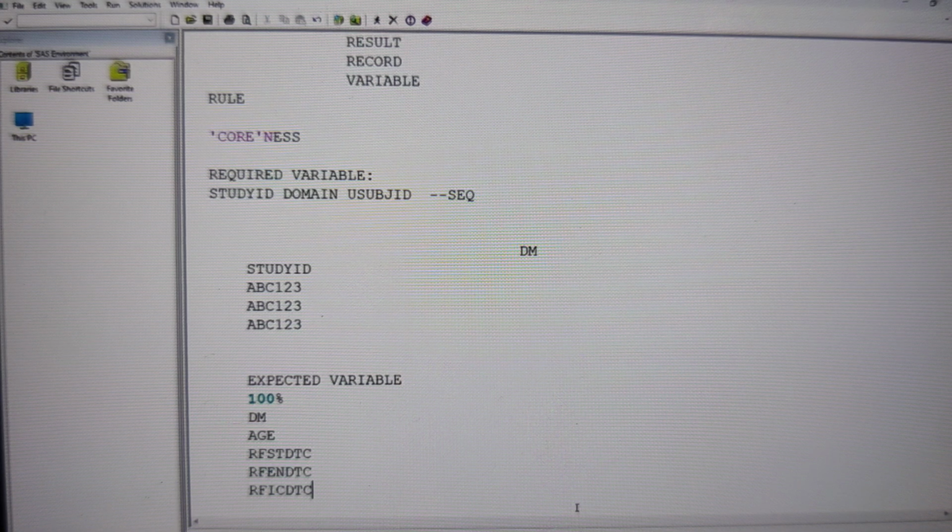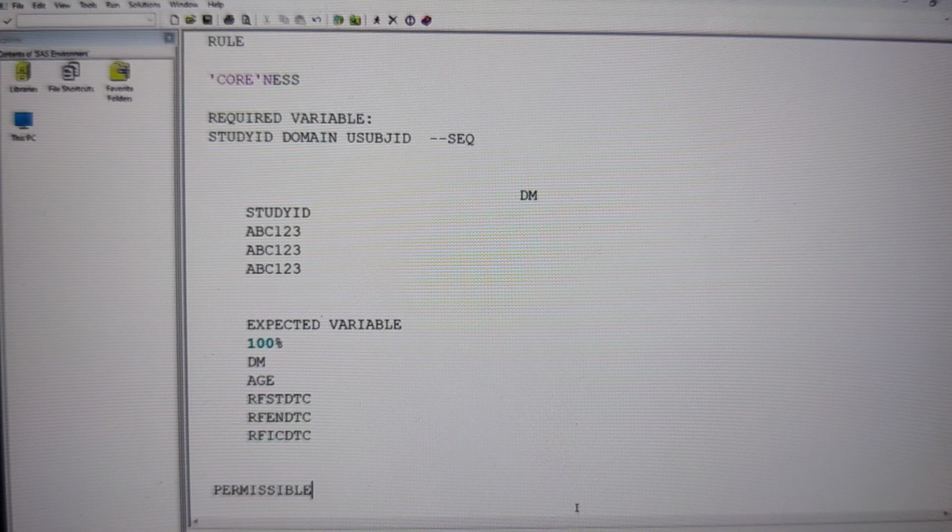And then we are going to have a third type of variable, which is called a permissible variable. Sir, we should compulsorily have the expected variable in the data set, but we can have missing or non-missing values. Yeah, of course. Most of them will be non-missing. Sometimes in some of the observations you can have missing values. If you do not have data, you can keep it as missing. But compulsorily we should have that variable. Yes, 100% you should have the variable in the data set.